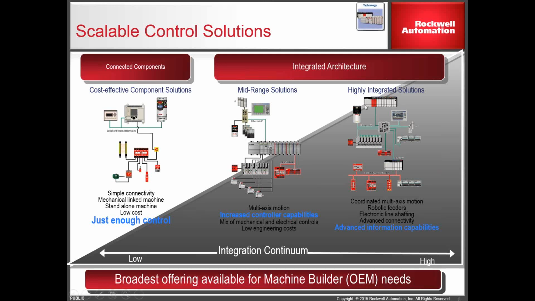And then we have highly integrated solution, which has integrated safety, which has IPC range drives, which is Ethernet IP enabled, and then coordination of multi-axis machines, robotics, electronic line shifting. These are some key examples of integrated architecture portfolio. So you can see from low-end side to the high-end side, we have the complete portfolio available for the OEMs who are manufacturing different kinds of machines. So the solution fits right based on their needs.